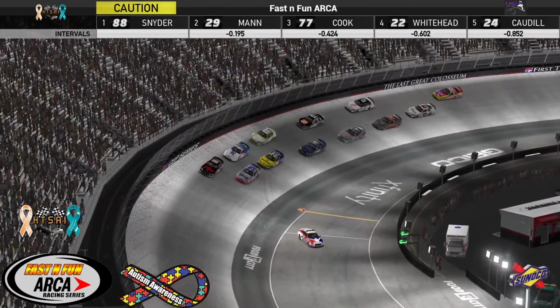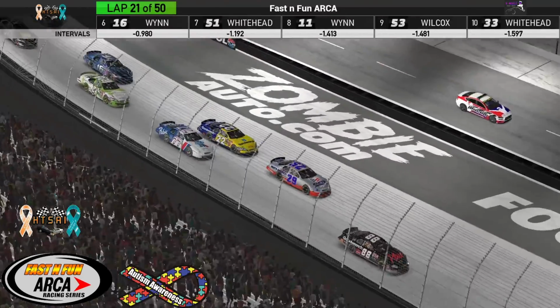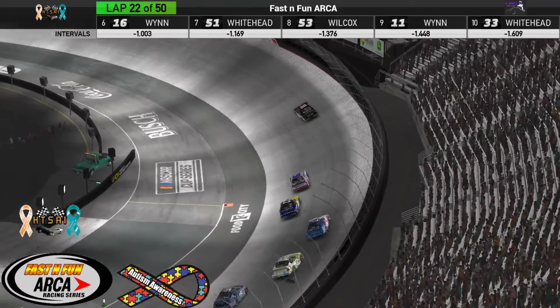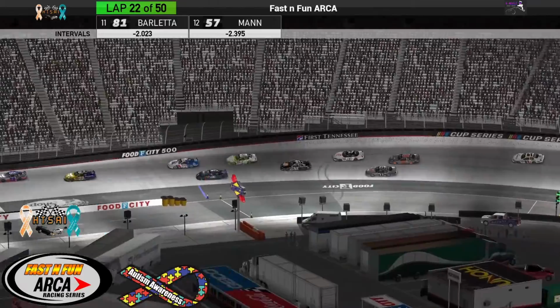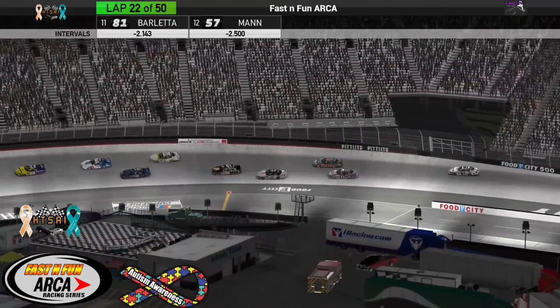All right, now the pace car is in. Green flag is back in the air. Garth catches him sleeping again. He is down and away. William Mann Jr. looks like he might be moving up to the high side on this one. Everybody trying to take it a little bit easier this time and build a little bit more heat in those tires. Still a lot of